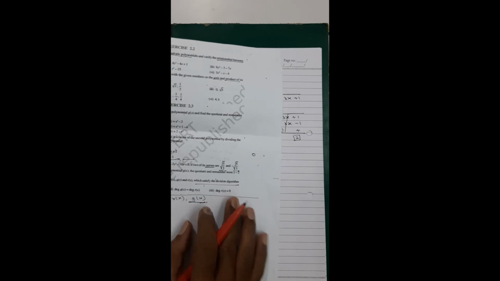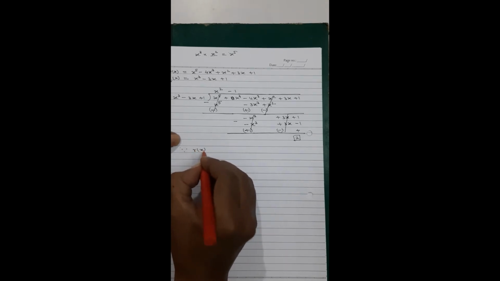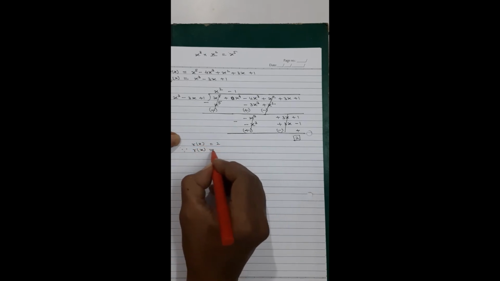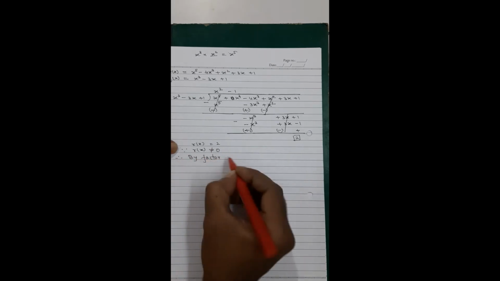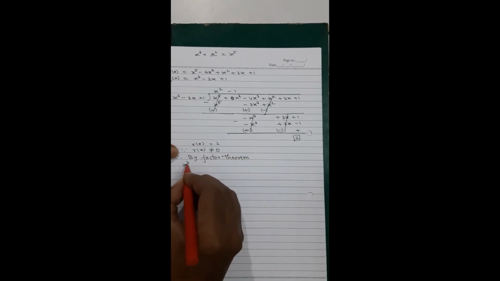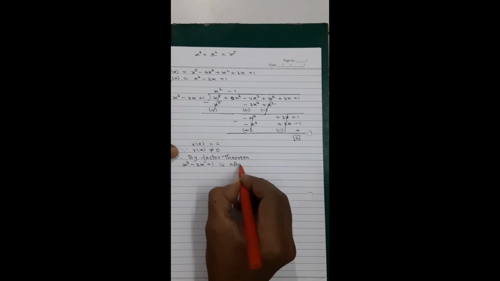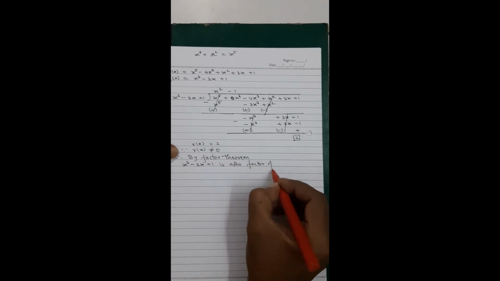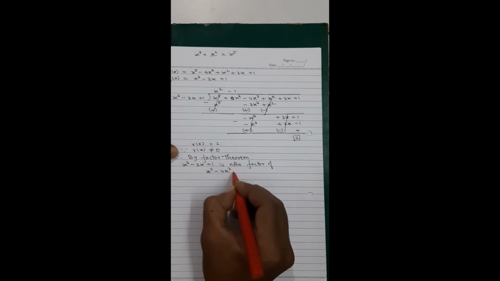Okay, check whether the first polynomial is a factor, but that's all. So here what you will tell is that, since r of x, basically first you will tell r of x is equal to 2. Since r of x is not equal to 0, therefore by factor theorem, x cube minus 3x plus 1 is not a factor of p of x. You can write, otherwise it is always nice to write the whole thing.